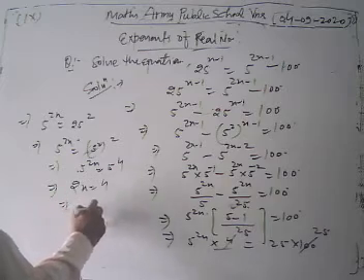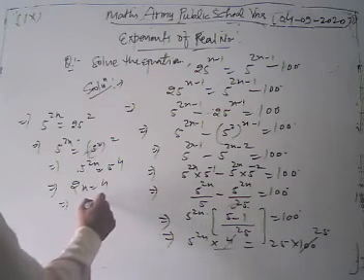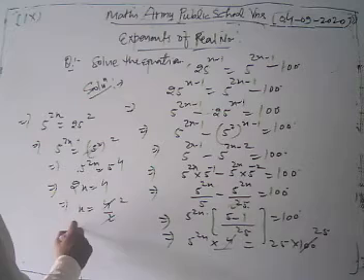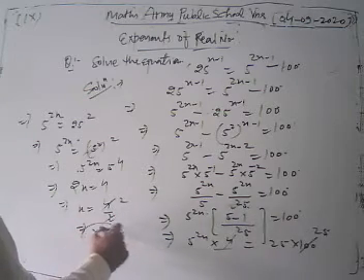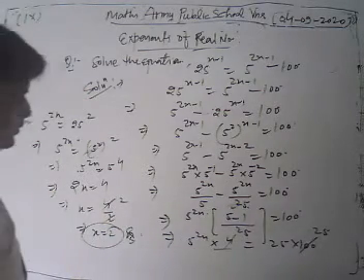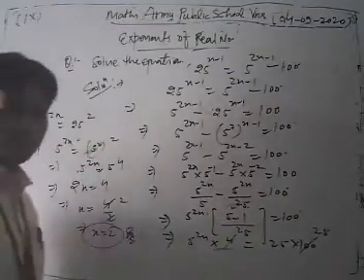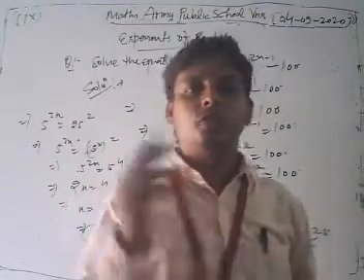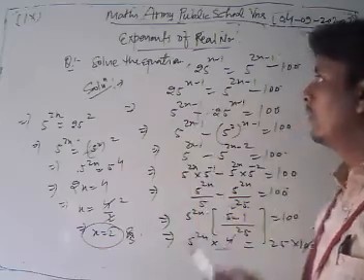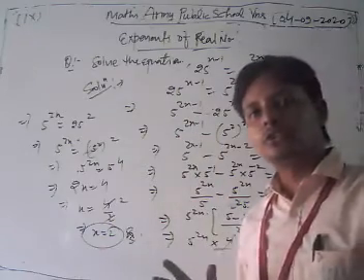So from here, the value of x is 4 upon 2, as 2 to the 4. So the value of x is 2. So dear friends, this is the process to solve that type of algebraic equation. This is one of the most important questions.